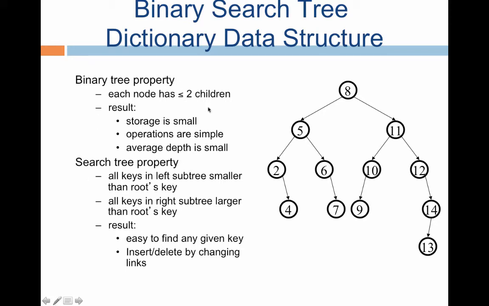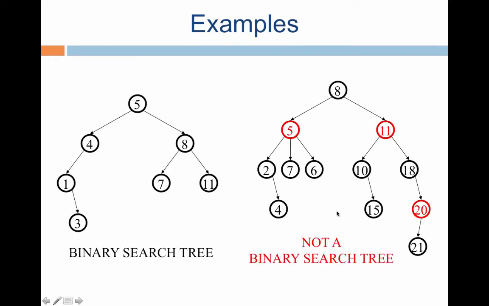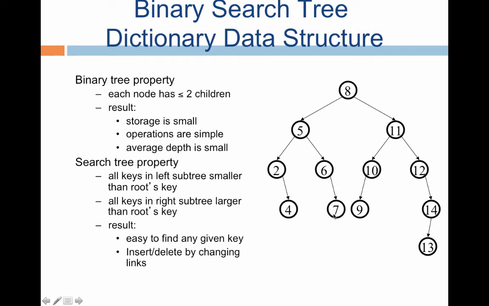Let us just go through the binary tree property. The tree structure is a binary tree, as we saw in the earlier part of this lecture. Every node has at most 2 children. The binary search tree has a definite root, and every node is upper bounded by at most 2 children. For example, 5 has both its left child and right child. 2, on the other hand, has only its right child, and the node containing 10 has only its left child, and 7 is a leaf node, it has neither child.